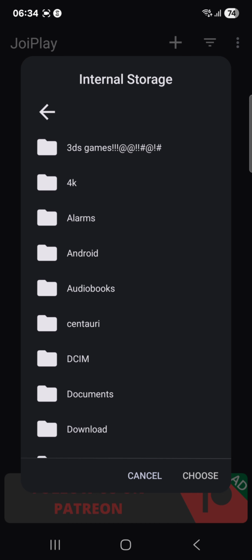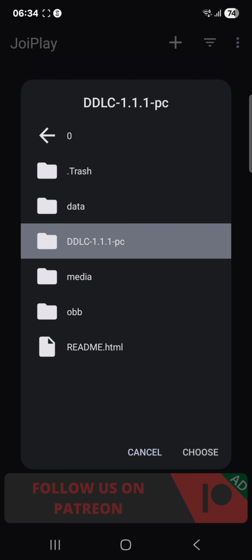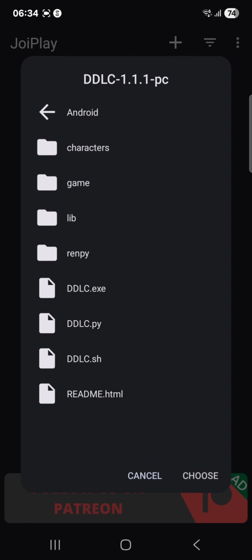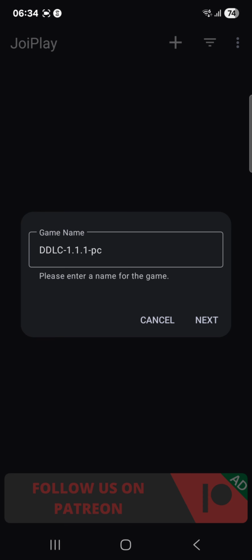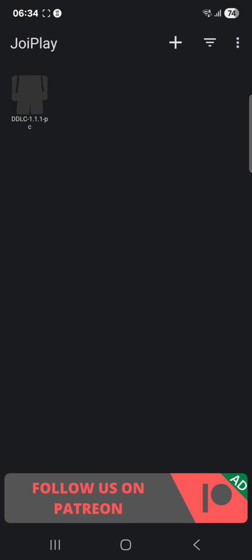So click on the folder which has the Ddlc game, which obviously was the Android file for me, and then click on ddlc-111-pc, and then click on ddlc.exe, and then click choose at the bottom right. Now just press next on all this stuff. Just ignore it, just press next. So now if you click on it here, you can see